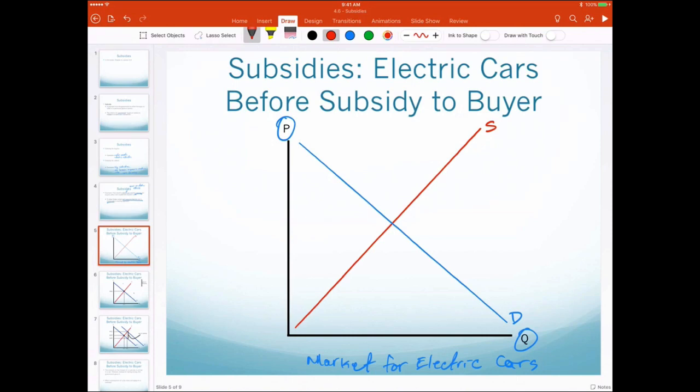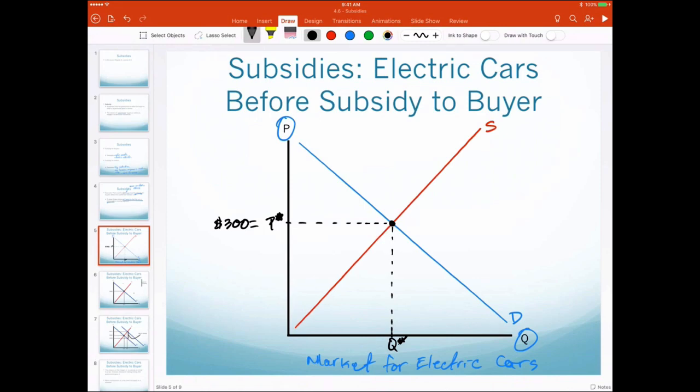Okay? So, as usual, we're going to have an equilibrium price and quantity in the market before anything happens. So go ahead and draw that in. We have P star. And draw down here, and you're going to have Q star. Okay? So this is essentially the market before we put in the subsidy. Okay? And I think on the next slide I have this set at roughly around $300 a month for the lease for, say, a Nissan Leaf or one of those types of electric vehicles.